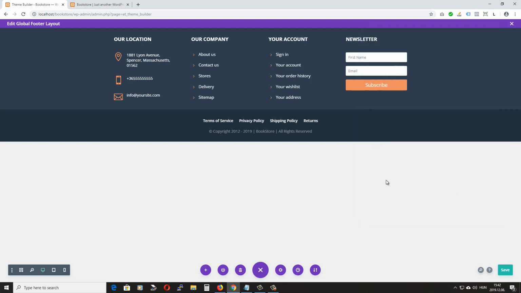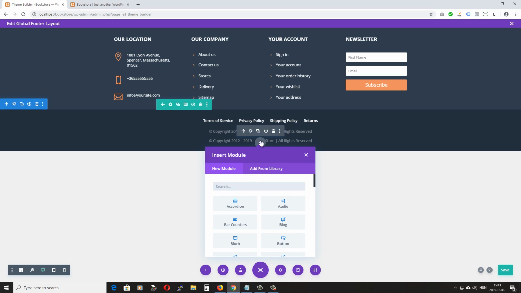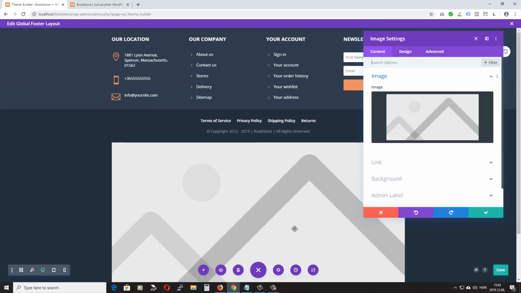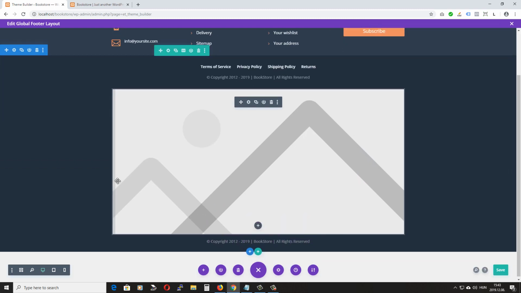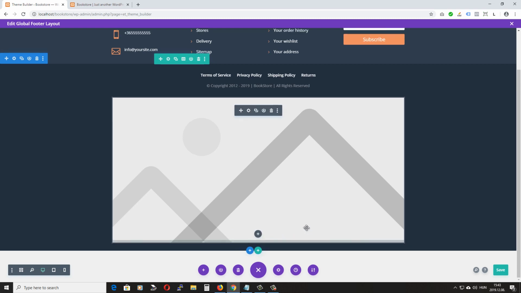And before we finish, I want to add a credit card icon here. For this, we are going to use an image module. And again, we have this little problem with the Divi theme. So let's just clone this one to make some space and add a new one, and it's going to be an image module. Okay. Now we can remove this one